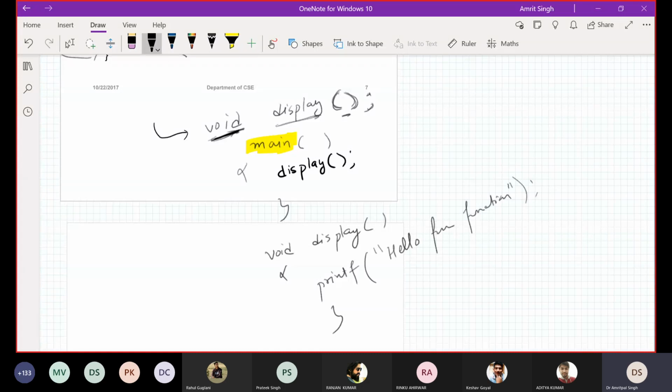But these are two steps. In compilation, your compiler scans the full program. When it scanned, it found that okay, void display, there is a function you have made. It said okay, good. After that your compiler starts reading main and encounters the call of display, and then your compiler encounters these brackets. Normally your compiler stops reading once it gets the closing bracket for main.